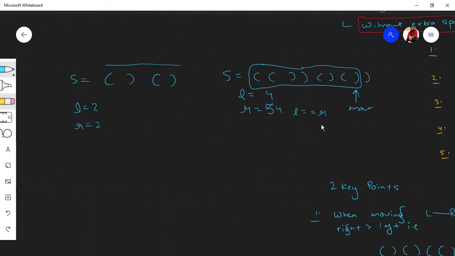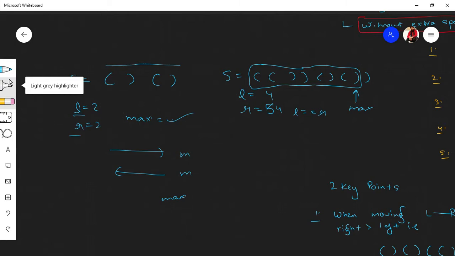That's it. Keep the count of L and R, and keep track of max also. First traverse from left to right, then traverse from right to left, keep a check of max, and in the end return this max. That's what we'll be doing. Okay, first point covered. The second key point was